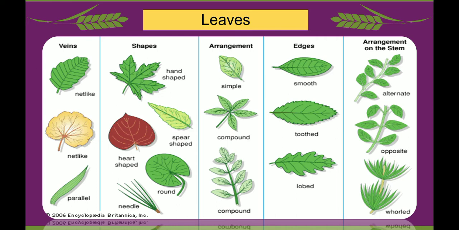So the green color of the leaves is because of the pigment in the leaf called chlorophyll. This green substance, chlorophyll, makes the plants and the leaves mostly green in color. Because of this green color substance, the leaves of the plants are mostly green in color.